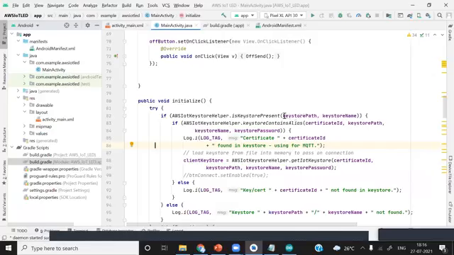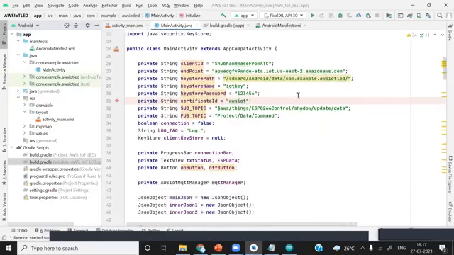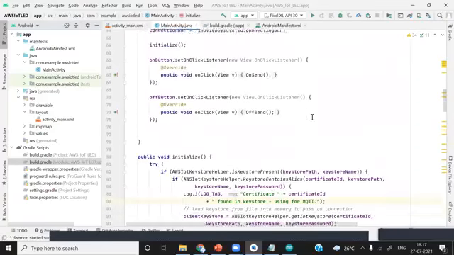So first argument here, see key store path. It will check if the key store is present inside this path. So the path is SD card, Android, data, for example, this one. So we are going to see what are the methods we can add key store in this path so that our application can get connected with AWS IoT.